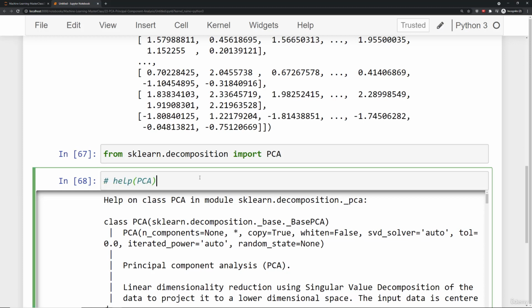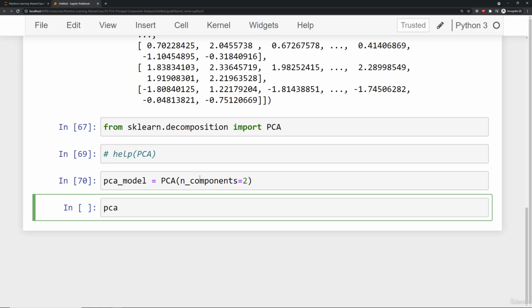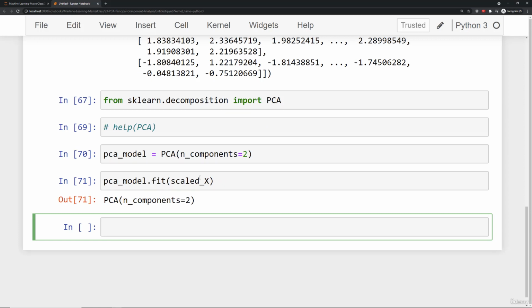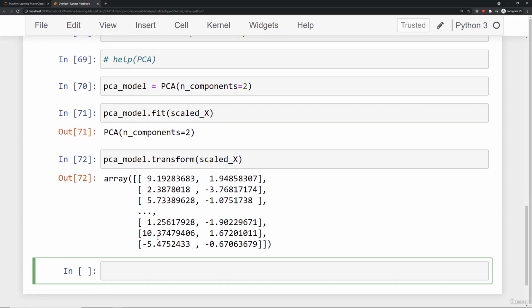So what we're going to do here is just like before, we're going to reduce this down to 2 principal components. So I'm going to say my PCA model is equal to PCA, where the number of components is equal to 2. And you could technically do this in 2 steps. I could first fit the model onto my scaled_X data, and then if I wanted the results, I could now take that fitted model and transform the scaled_X data to go from 30 columns to 2 columns, or you could do this in 1 step. You could say PCA model fit_transform,